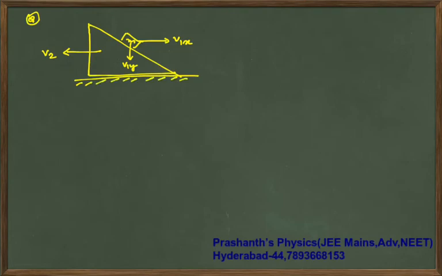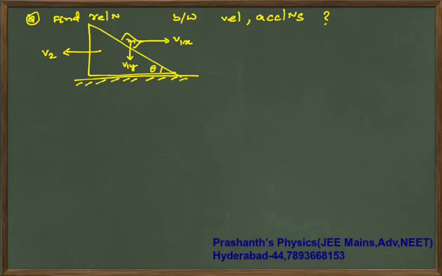You are supposed to give the relation between velocities, accelerations. This is a standard question. Almost every teacher will be discussing it, those who are teaching for the JEE exam. So this angle you can assume it to be theta. Pause for a minute, do the video, do the solution, and then you try it. You are supposed to do this very carefully.